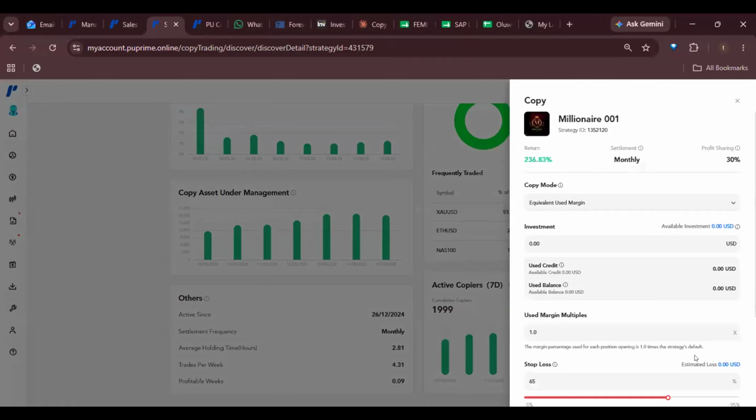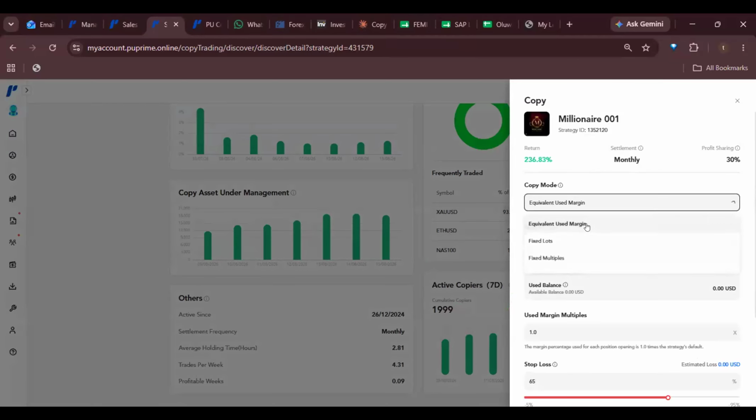Of course, exactly what you have here, Dr. Bright also explained more of this thing, same as Mr. Henry too. So you have copy mode, where he talked about equivalent used margin, fixed lot, as well as fixed multiple. Depending on what your own scope is, if you want that person to do a kind of mirror of the capital you have, and on that basis place trades for you,